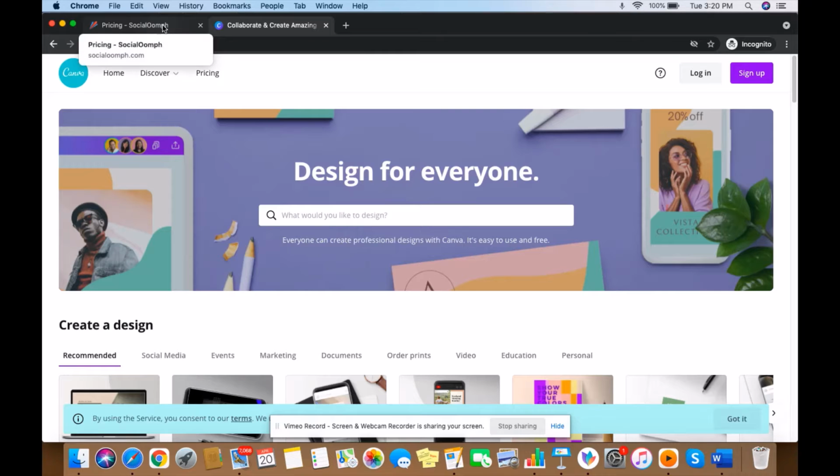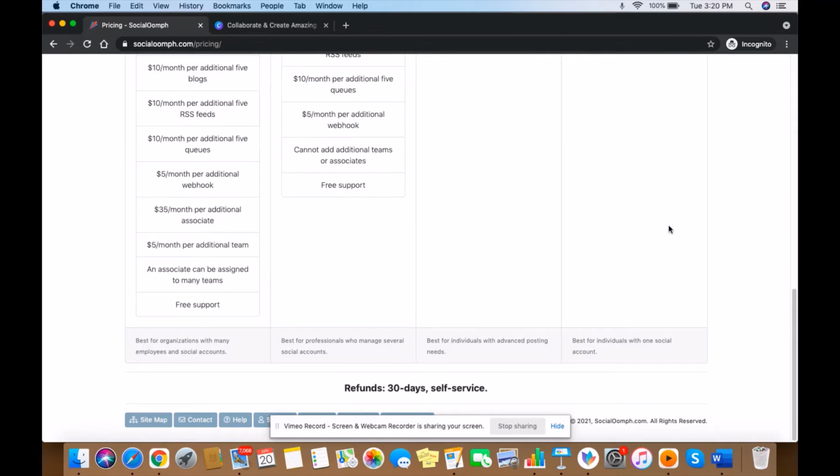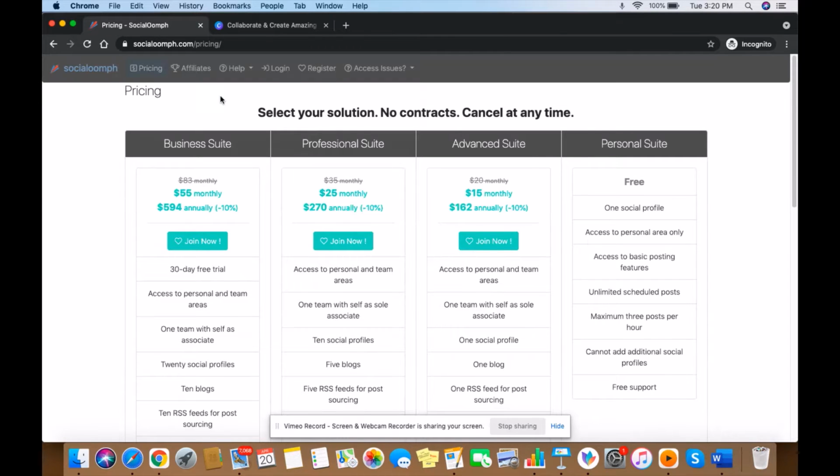So you can create a poster on canva.com, download it, and directly post using this particular tool. So this is one of my favorite tools which I initially started using for my own personal brand. So you can definitely go ahead and give it a try.